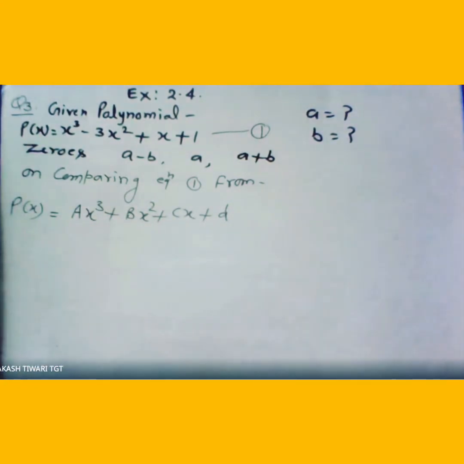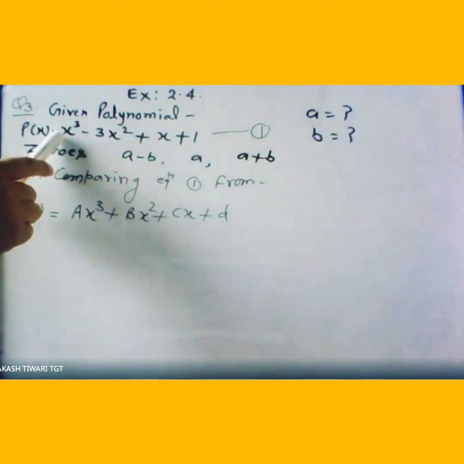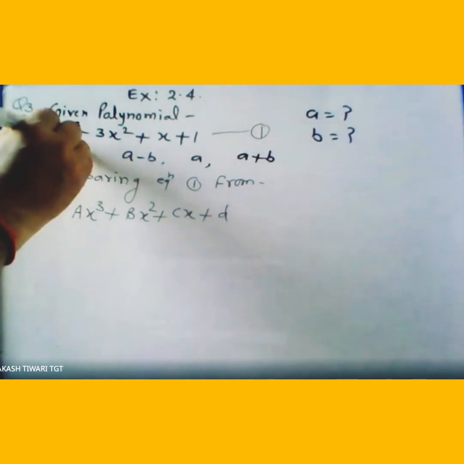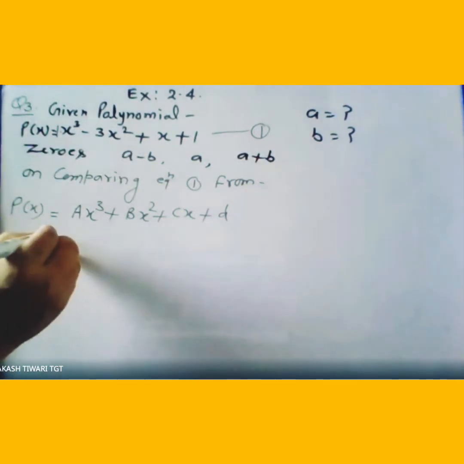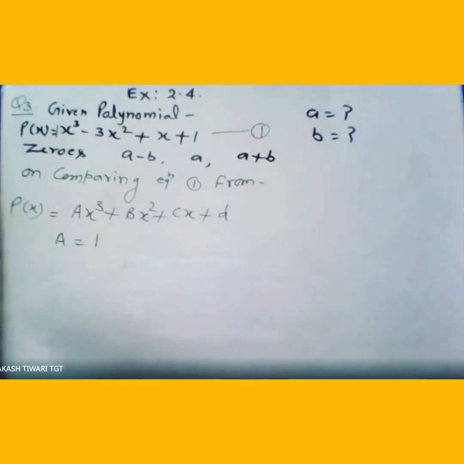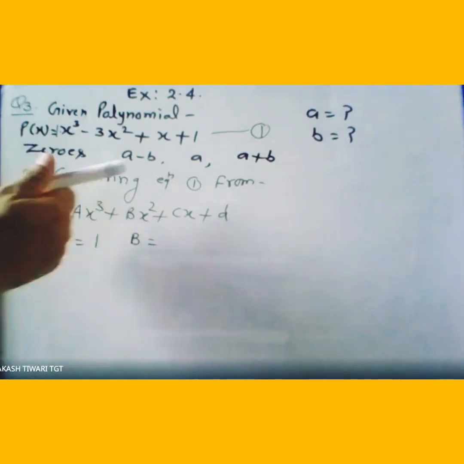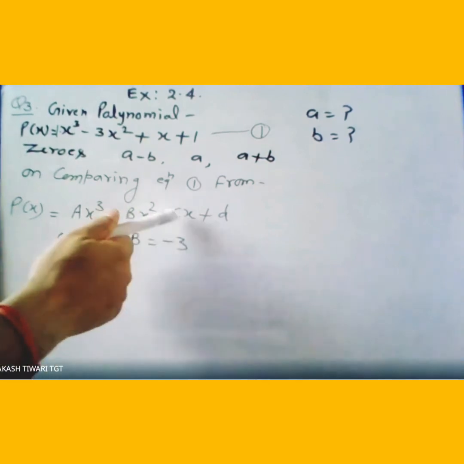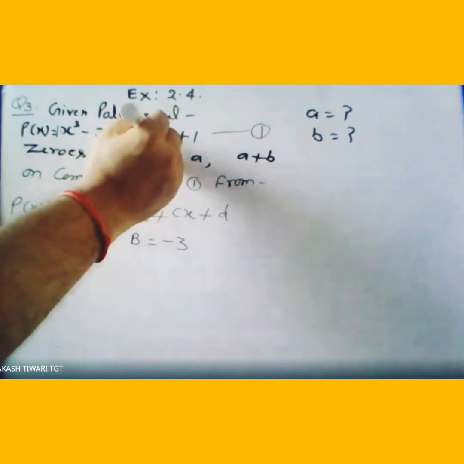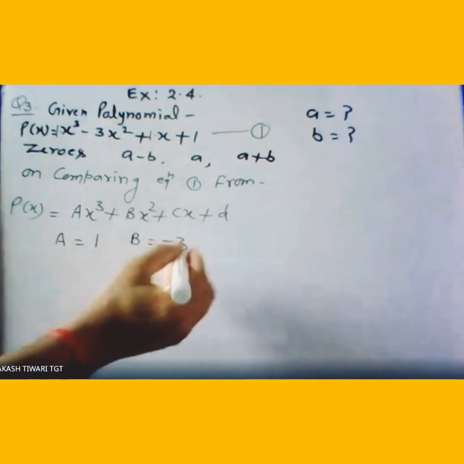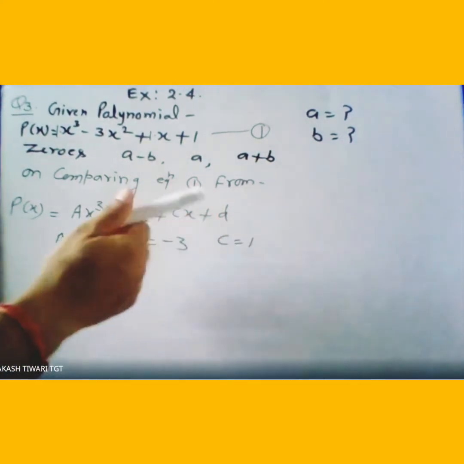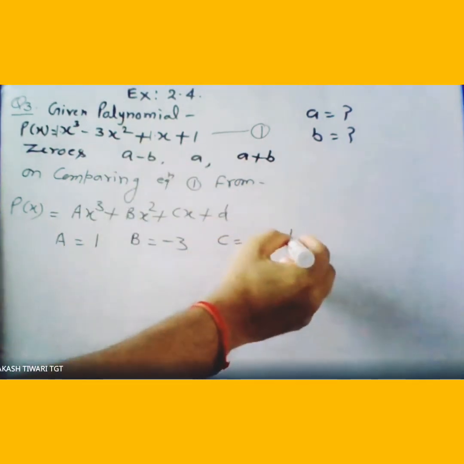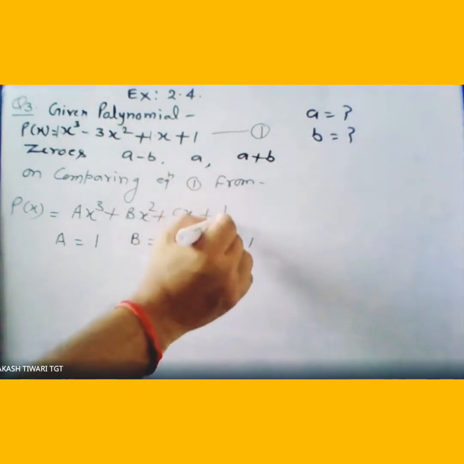Okay, so compare this. A equal to, can you see what is the value of a? Yes, here you can write 1 into. So the value of a is 1 and the value of b is, compare this, minus 3, and the value of c is, again you can see what is this here, 1. So value of c is 1 and the value of d again 1. So here you will write capital D, sorry.